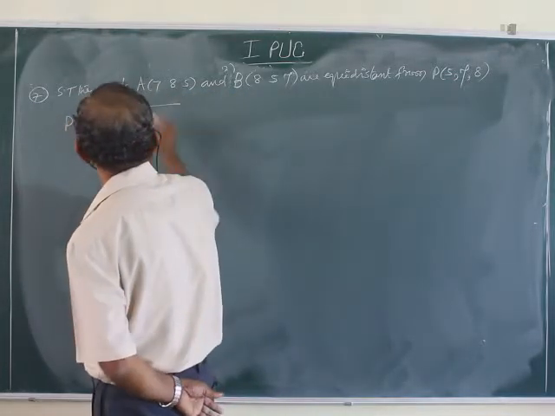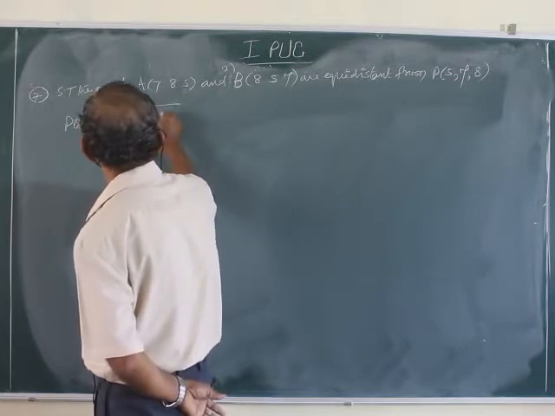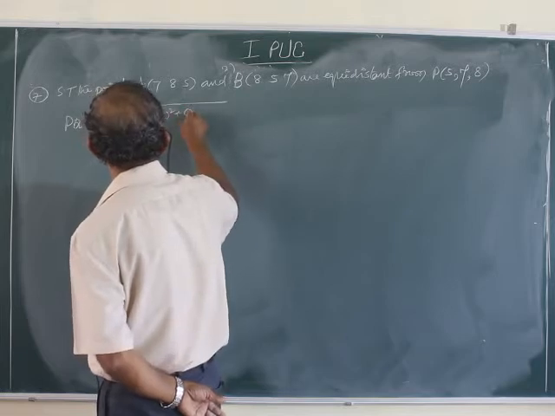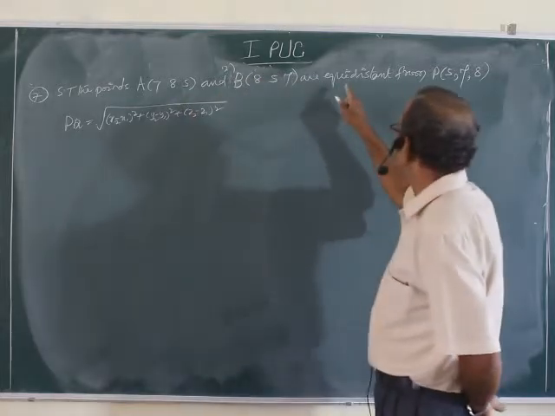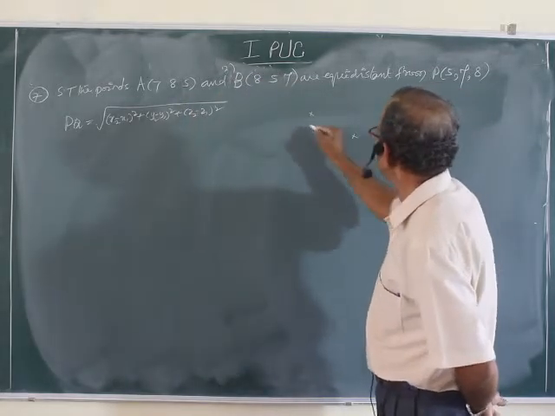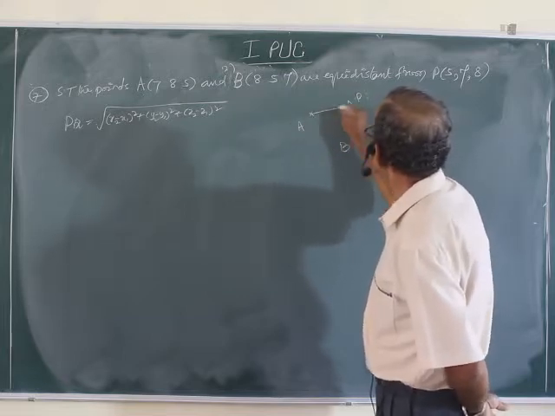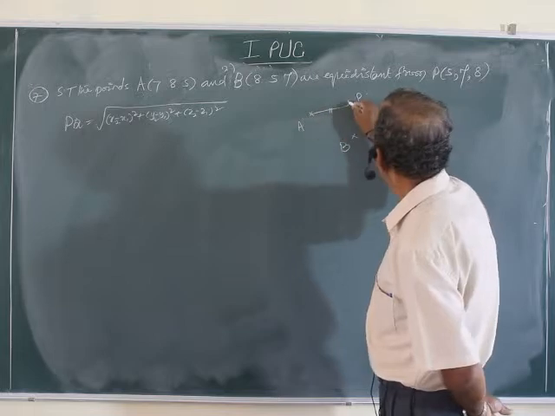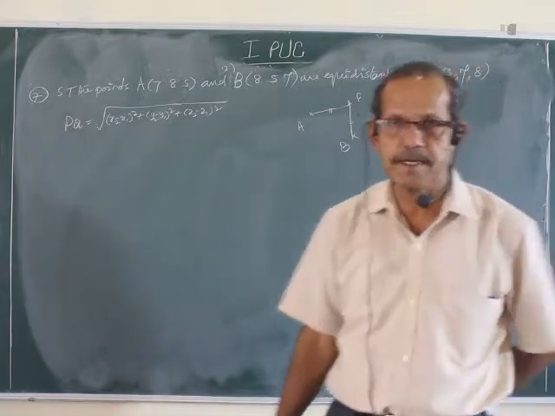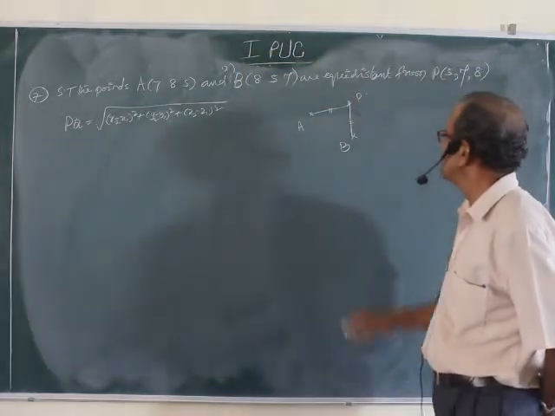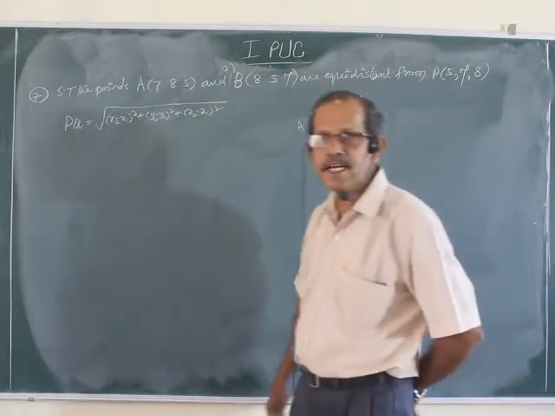However, for the distance formula you must write (x2 minus x1) whole square, (y2 minus y1) whole square, (z2 minus z1) whole square. Now, P is equidistant from 2 points, A and B are given. P is somewhere here. The distance from A as well as its distance from B must be equal. That's why it is called equidistant. A and B are equidistant from P. You have to prove it. Proving means you have to find the distance, that's all.